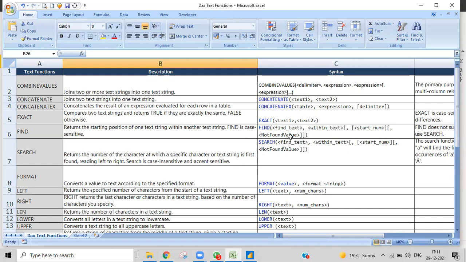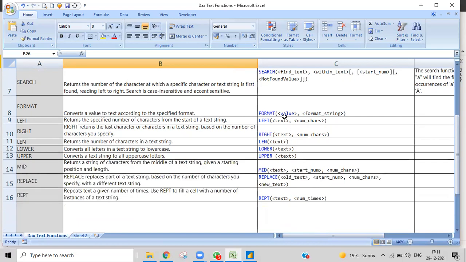Then coming to format, for any value that we give, if we write the format beside it, it will give that, but that is a completely lengthy concept. Once we finish all these things, then we can go into it. We'll use format more with date types, date formats, and date functions; we'll use it a lot. We'll explain that later.